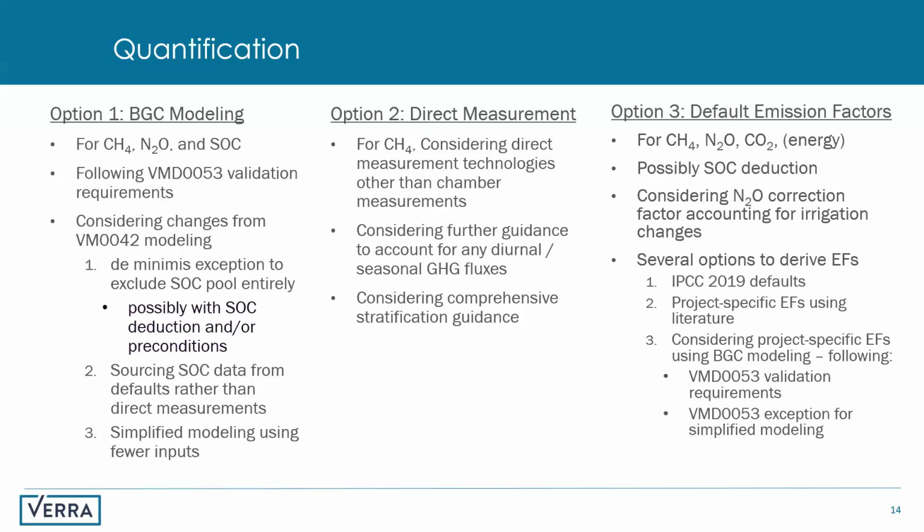We'll also be looking in particular at diurnal and seasonal greenhouse gas fluxes. Those of you familiar with direct measurements in field will know that potentially there could be some significant variability in terms of when these emissions are being put out on a particular field. So the AMS3AU guidance does not cover that. So there's an example of some additional guidance that we're carefully considering here.